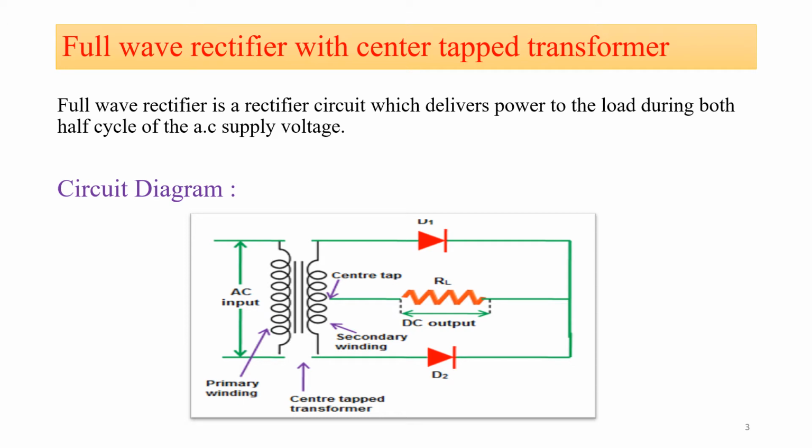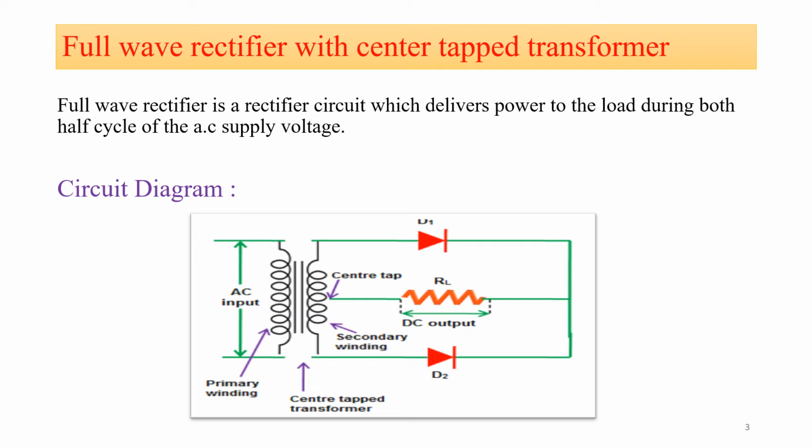Then second disadvantage, high ripple factor. It means the percentage of AC components present at the output of the half wave rectifier is more, which is equal to 121%. Then the rectification efficiency is also less, which is equal to 40% for the half wave rectifier. These are the different disadvantages of the half wave rectifier. That's why we always avoid using the half wave rectifier in power supply design.